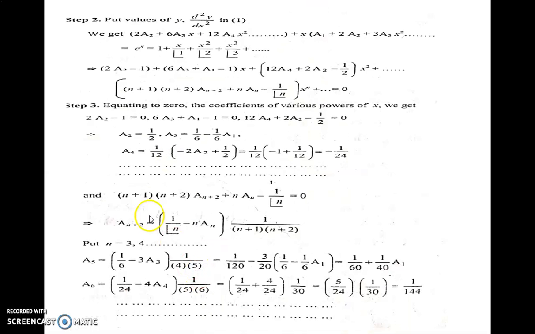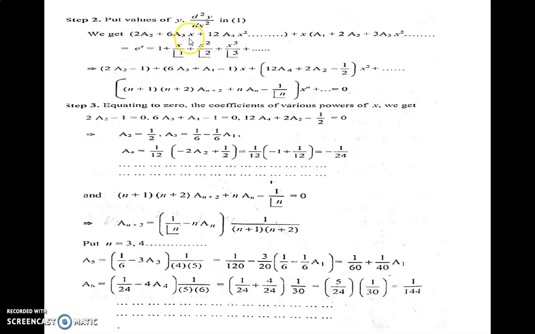Okay, so how will you take it? Put the values of y and d2y by dx square. This is d2y by dx square plus x dy by dx is equal to e^x. What is e^x? We have expanded e^x in a power series, 1 plus x plus and so on, this is the series expansion of e^x. After that you take this full term to the left hand side, then you will get the constant term 2a2